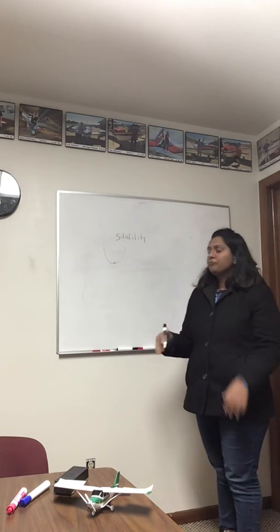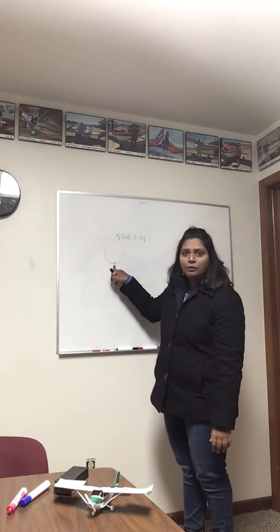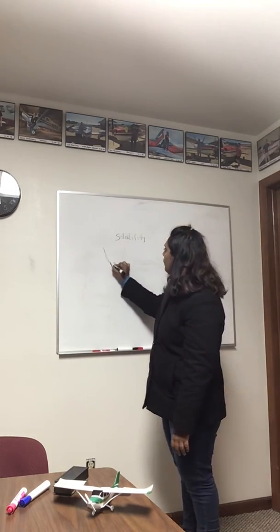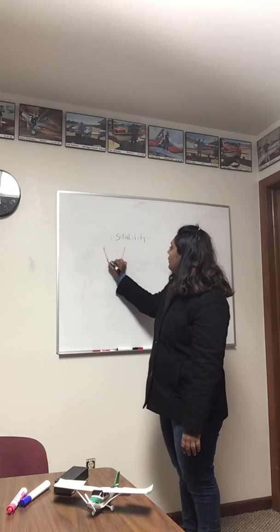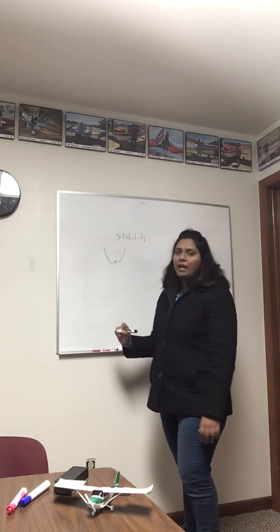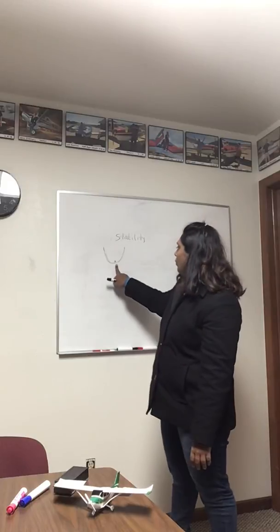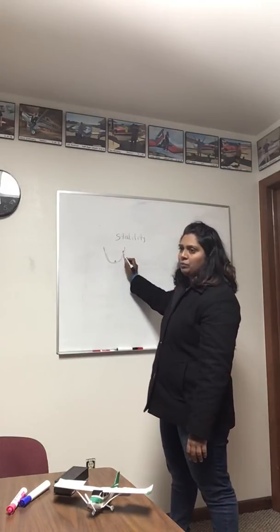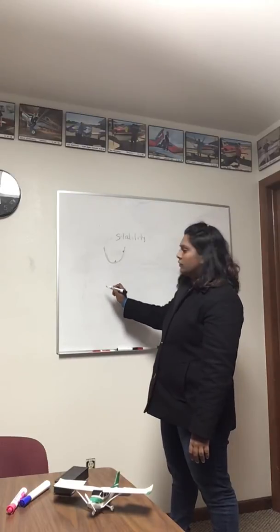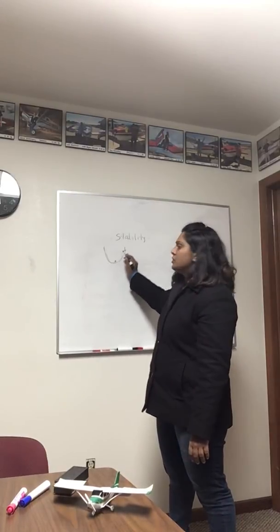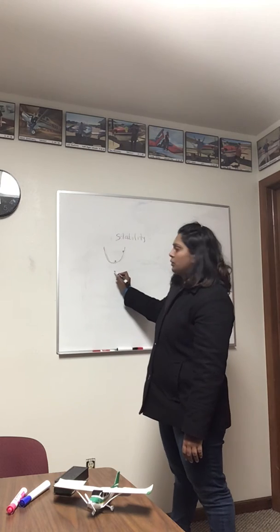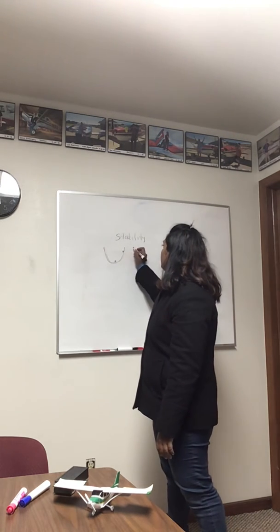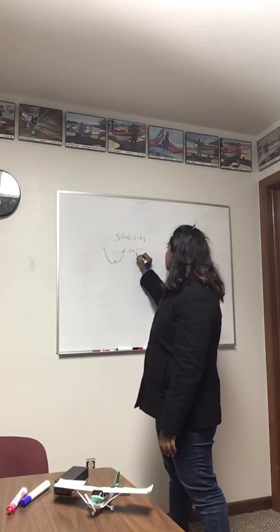The way I explain it is with a little ball in a bowl. I don't think you can see it in my video, but let me write a big one. So we have a little ball in a bowl, and if I deflect the ball to any position, what will happen to the ball? It'll want to roll back. Roll back, right? Initially it wants to come back to its original position. That is called positive static